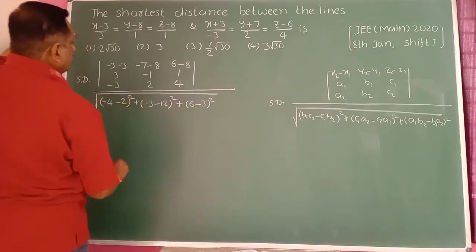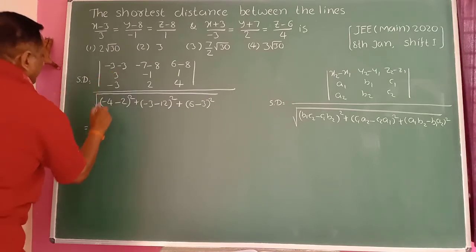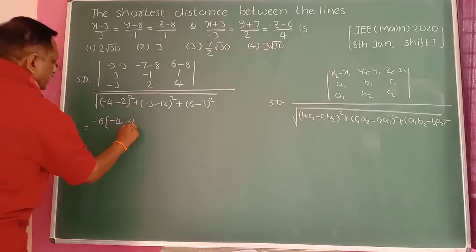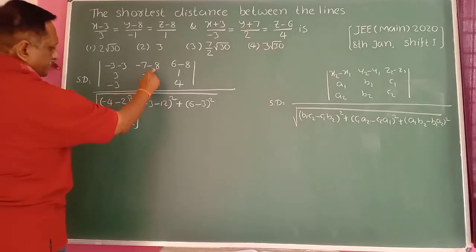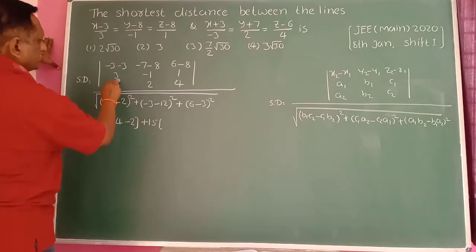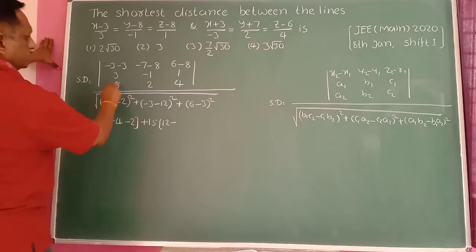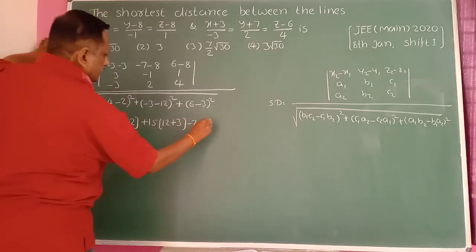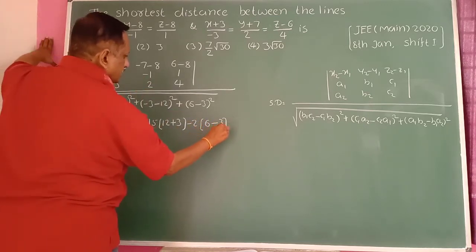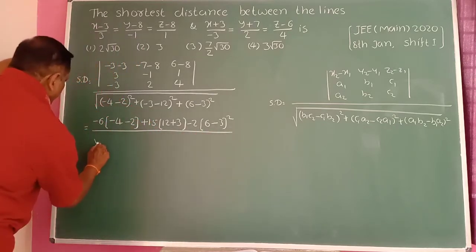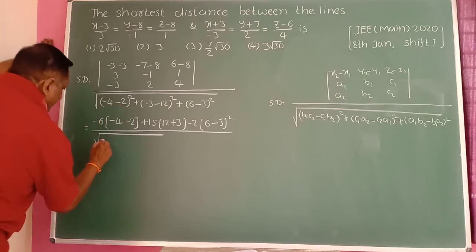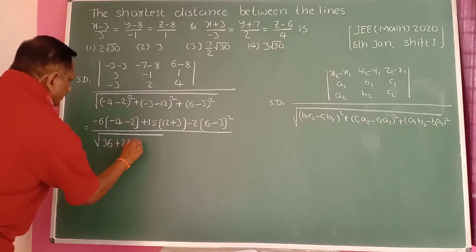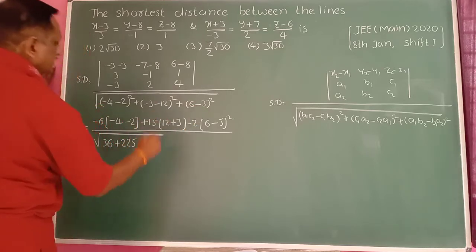Therefore, this is equal to minus 3 becomes minus 6 into bracket minus 1 into 4 minus 4 minus 2 ones are 2, then minus 7 minus 8 minus 15 into bracket 4 3s are 12 minus 3 ones are 3, then 6 minus 8 gives minus 2 into bracket 3 2s are 6 minus 3 ones are 3, divided by root of minus 4 minus 2 minus 6, square is plus 36, minus 12 minus 3 minus 15, 15 square is 225, then plus 6 minus 3 becomes 3, square is 9.